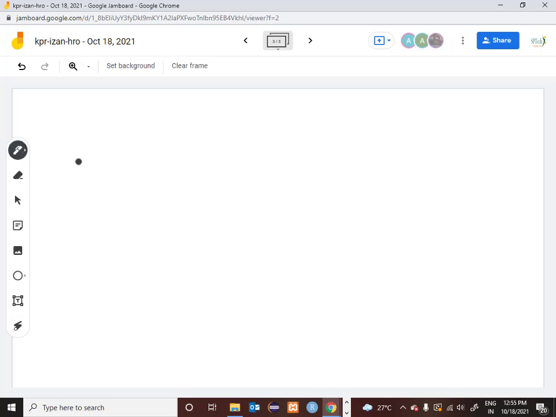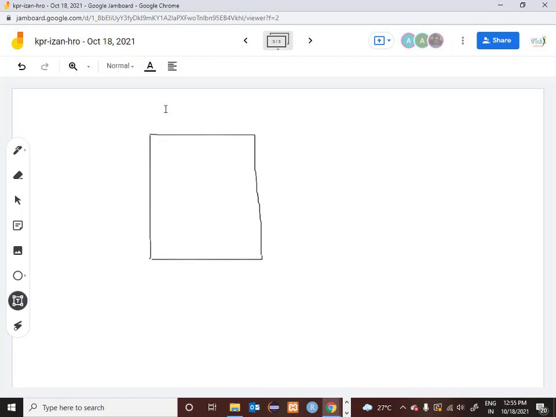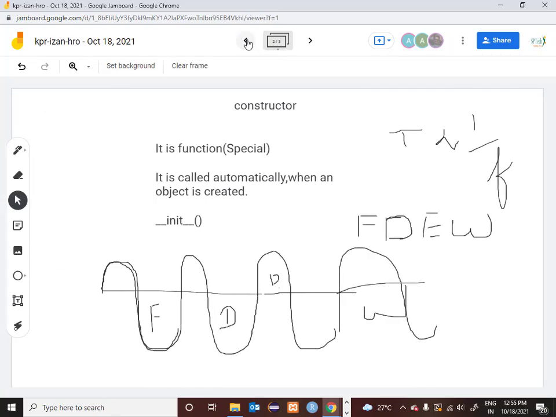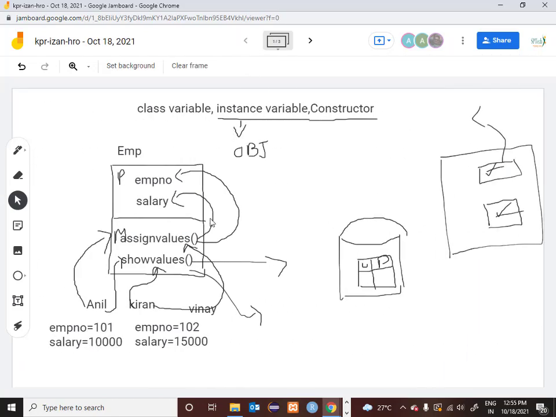So what do you think would be a class variable? I can write here a variable which is common to all objects, that's all. So what is a class variable? It's a variable which is actually common to all objects. When you take the earlier example, instance variables were not common to all objects, values are different, employee number is different, salary is different, and it depends upon from which object you are calling.